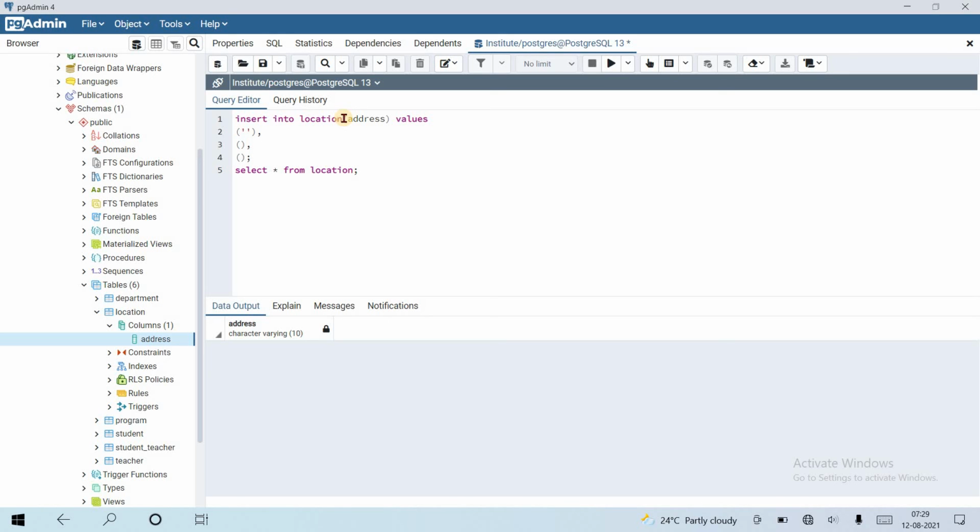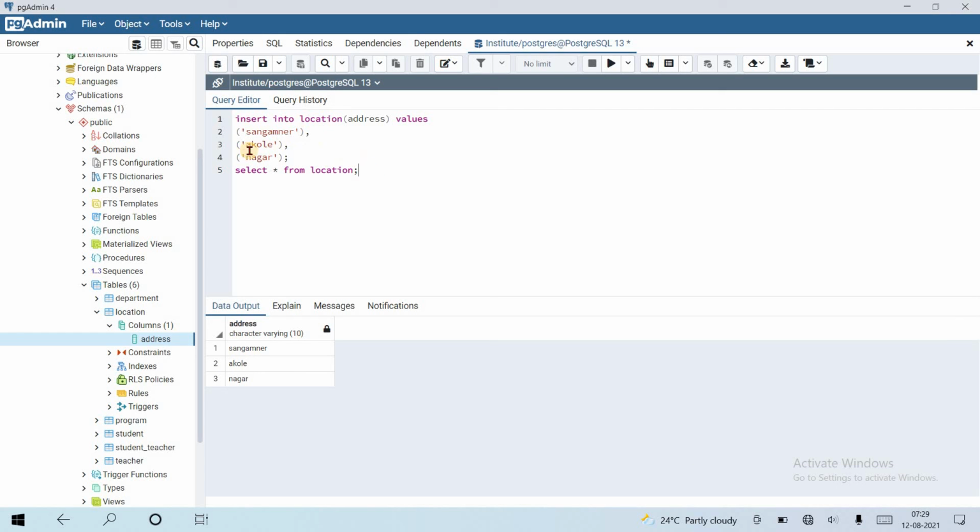First, suppose Sangamaner, then Sangamaner and Akole, and the third is Nagar. That's it. Let's insert these values. Yes, values are inserted.